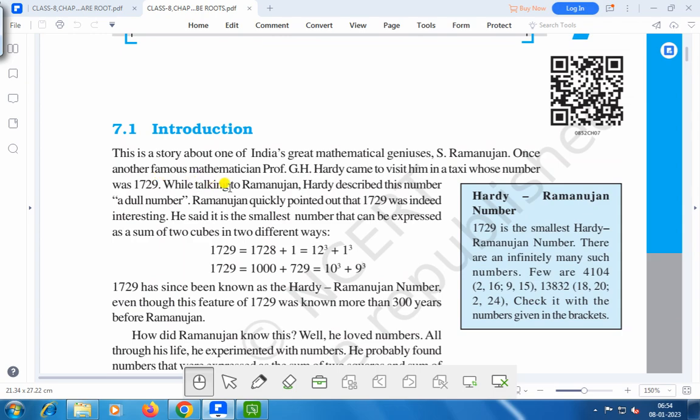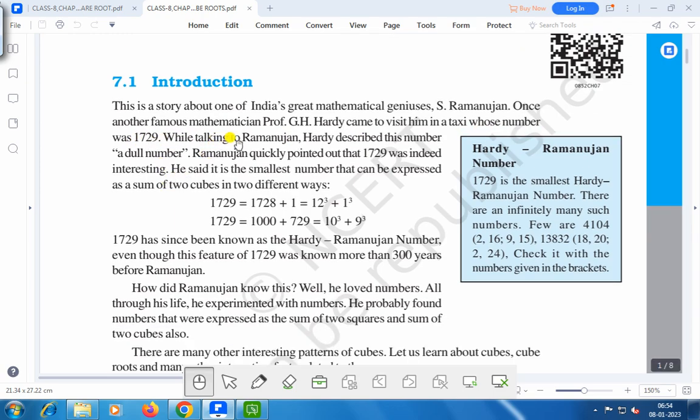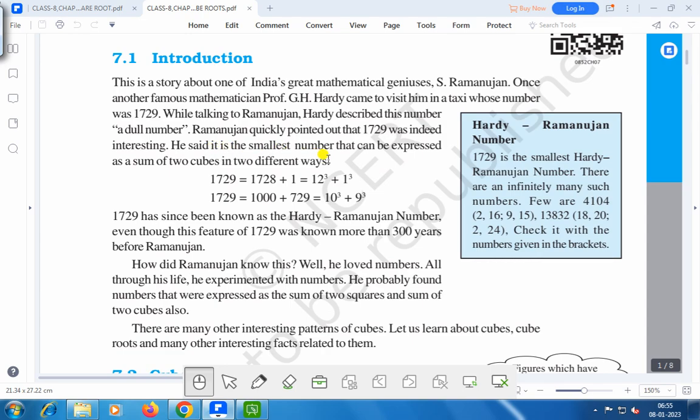Once, another famous mathematician, Professor J.H. Hardy, came to visit him in a taxi whose number was 1729. While talking to Ramanujan, Hardy described this number as a dull number. Ramanujan quickly pointed out that 1729 was indeed interesting. He said it is the smallest number that can be expressed as the sum of two cubes in two different